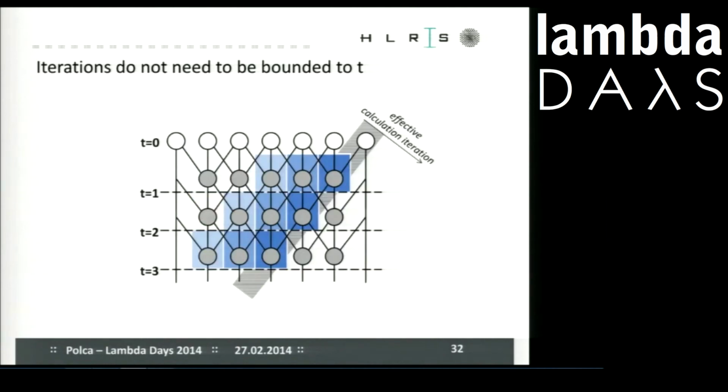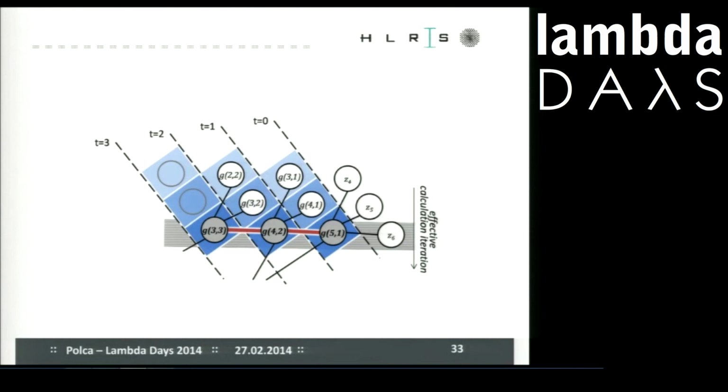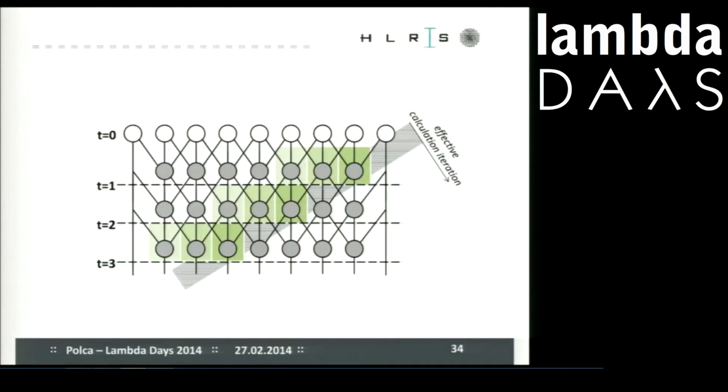The problem is, for example, in this case, I don't know if you see it, that this iteration you cannot compute in parallel because there is this data dependency again that you didn't have at the beginning. But if you turn it a bit more, like in this case, you will see that there are no data dependencies anymore. So we could change the iteration vector, we could turn it around,